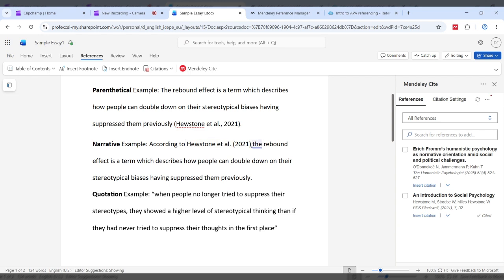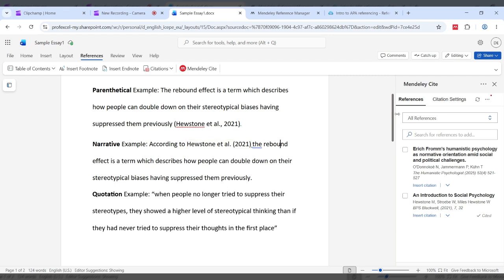And then it's the very same paraphrase. So it's the very same information in both of them. It's just the way it's presented. Everything is in the brackets in the first one, whereas in the second one, the author's name is worked into the sentence. And there's no right or wrong way to do it. I think it's good practice to maybe do both within your assignments, just so it mixes things up a bit and it makes your assignment a bit easier to read and a bit more natural.